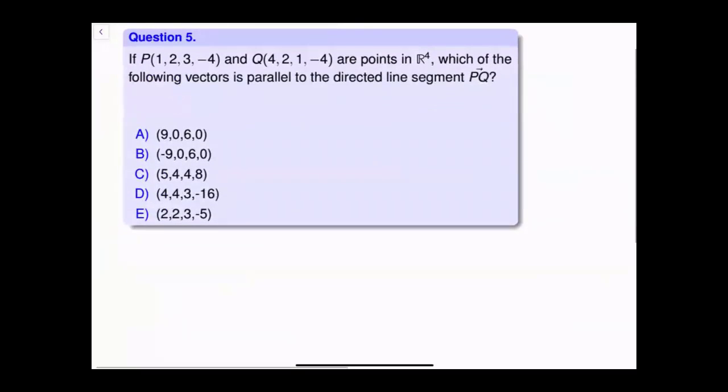Question 5. So two points are given in R4, and we have a line segment PQ, and we are looking for a vector which is parallel to the directed line segment PQ. So the vector which is equivalent to this